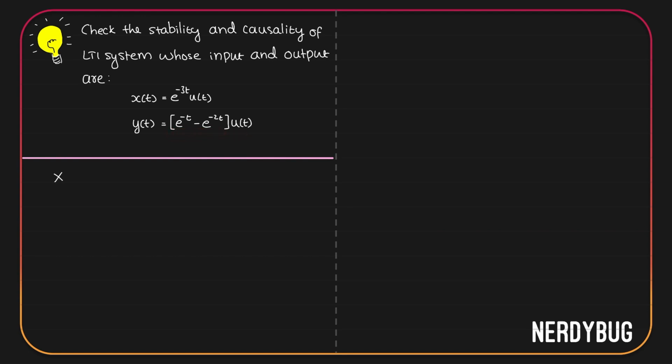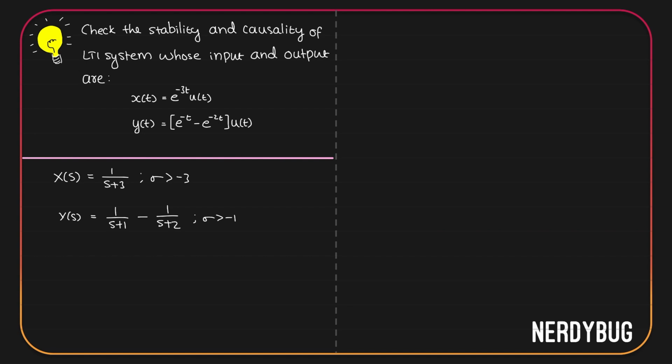First, let us write the Laplace transform of x(t). X(s) will be 1/(s+3). Since it is right-sided, sigma is greater than -3. Similarly, we can write Y(s). The first term is e^(-t) u(t). Its Laplace transform is 1/(s+1) minus the second term, e^(-2t) u(t). Its Laplace transform is 1/(s+2). For the first one, sigma will be greater than -1. For the second one, sigma will be greater than -2. For the combined function, ROC is going to be the intersection of these two, that is sigma greater than -1.